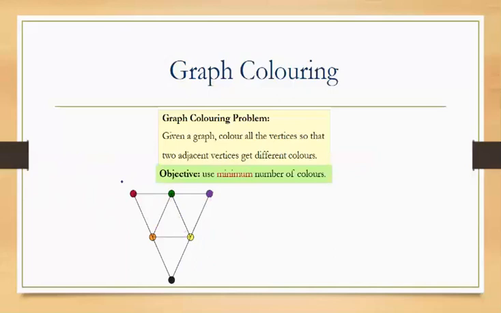So I can take the first one as red, and I have to take the second one as green, and this third one with some other color. After that I can take this as red or orange, and this color I cannot take as either red or green, so I'm taking this color as either red or orange. Let's suppose I'm taking it as red. Or better take it as orange, because if you take it as orange, here you can place a red.